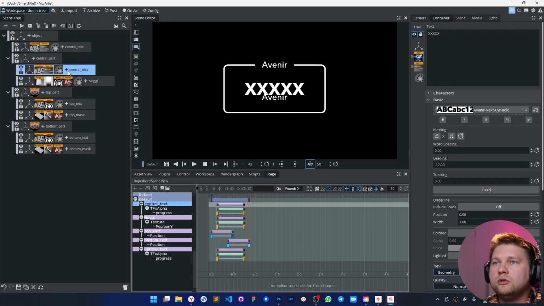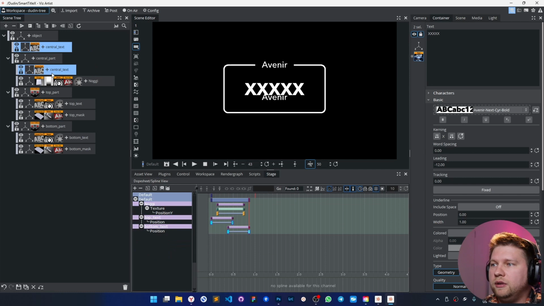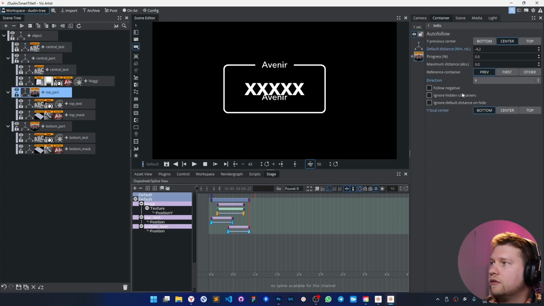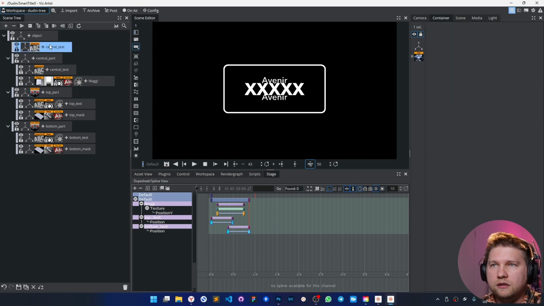And I'm going to use, by the way, let's just remove this alpha appearing. Okay. So you see these auto follows are working from the first. And now the first element in these siblings is the central text. I don't need it.